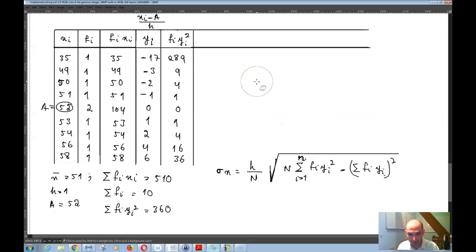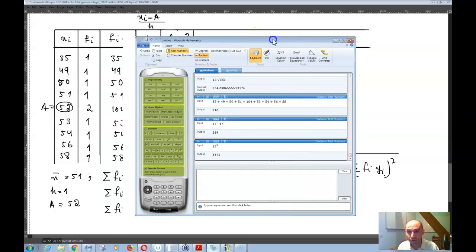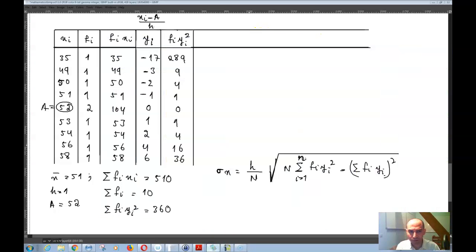Now let me do this calculation once on a calculator, so I haven't made any mistakes. 289 plus 71 is 360. Okay. The next thing that I need here is f of i times y of i, because I need sigma f of i y of i, which is basically